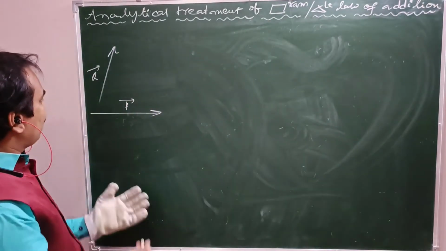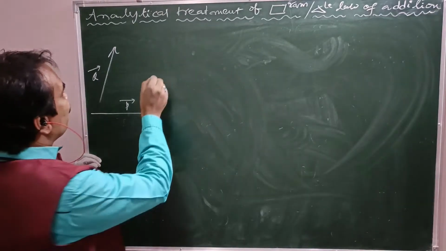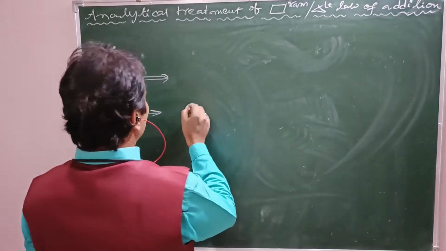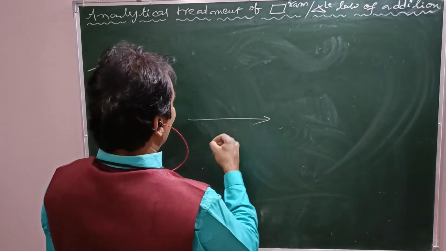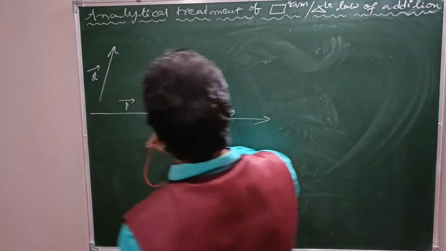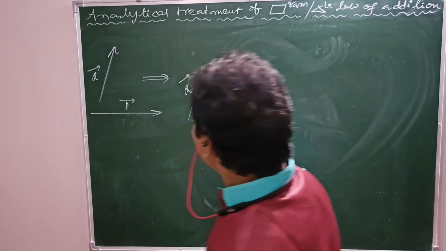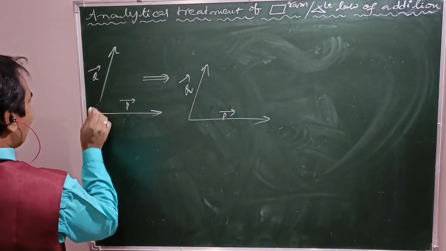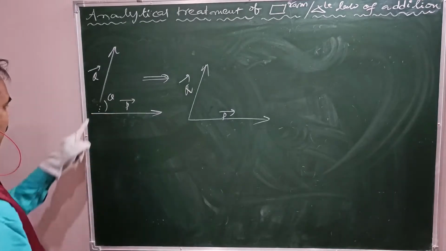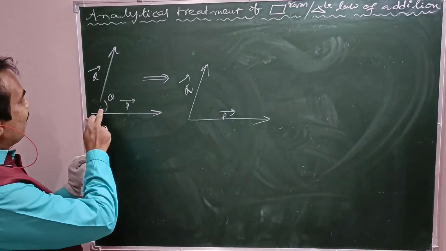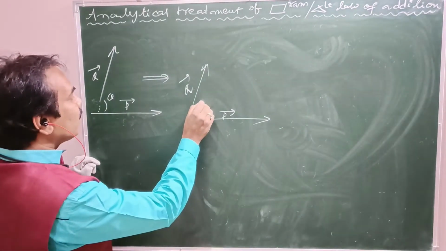Right? How to get the parallelogram means by adding these two, tail to tail. See, this is the given vector P bar. Now here it is Q bar. Now what is the angle between these two? Here theta is the angle between these two vectors. How to take the angle? The smallest angle when both tails are joined. See, both tails are joined here. This is the smallest angle.